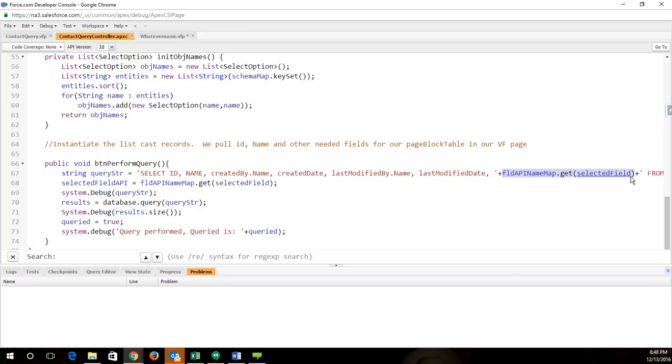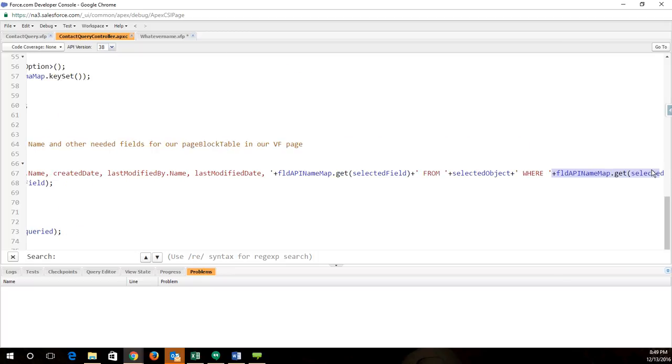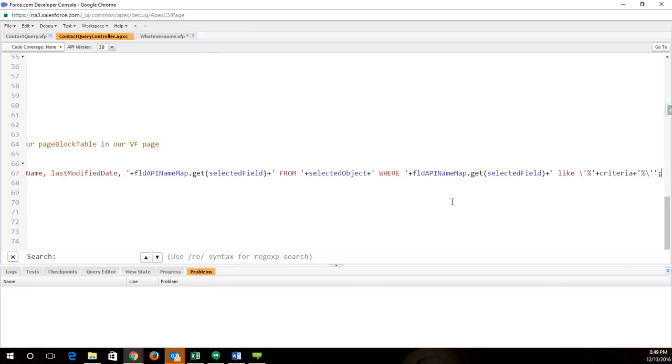And then after all of this, I'm saying also continue adding to the string. And then I have from. And now I use the selected object. In this case, it's going to be account. And then I add where. And I can now use again that API name of the field name, in this case account type. And I'm saying whenever it's like, and then I use this